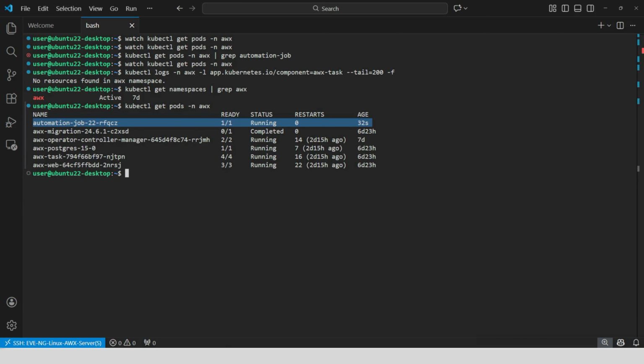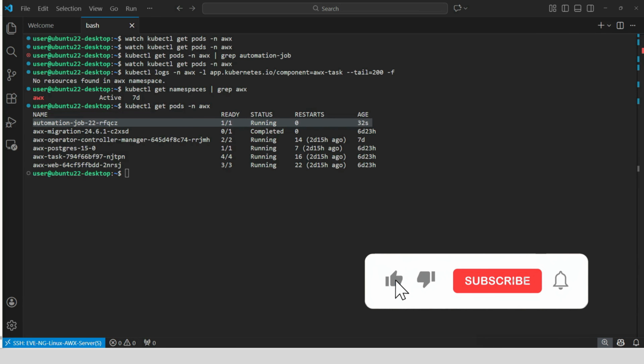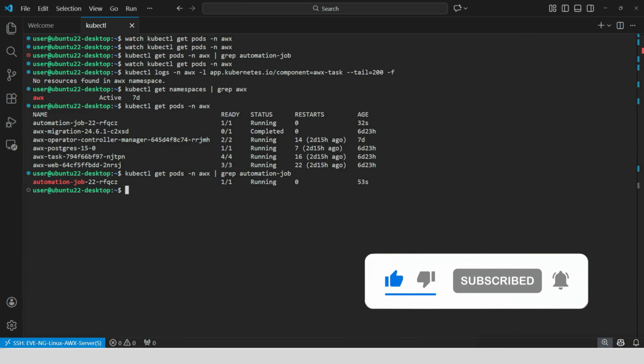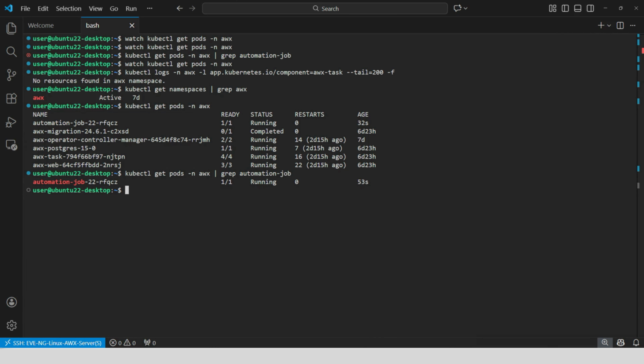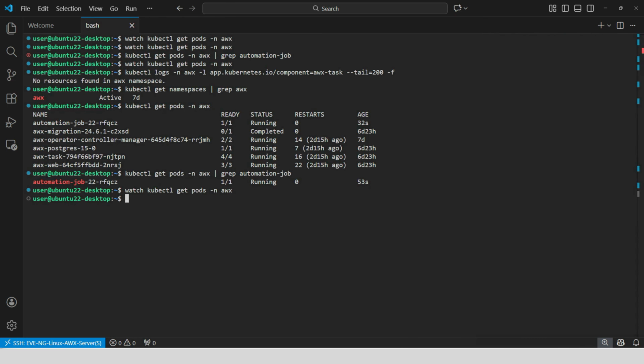So let's take a look at that one. And if you see any error while running this demo, you can always go back and check the logs in the command line using kubectl. Whenever AWX starts any new job, an automation pod is triggered in the backend, and we can have a look at the detailed logs by running this command. This is going to be helpful. I'll share the complete command set and how to check this in the comment section.